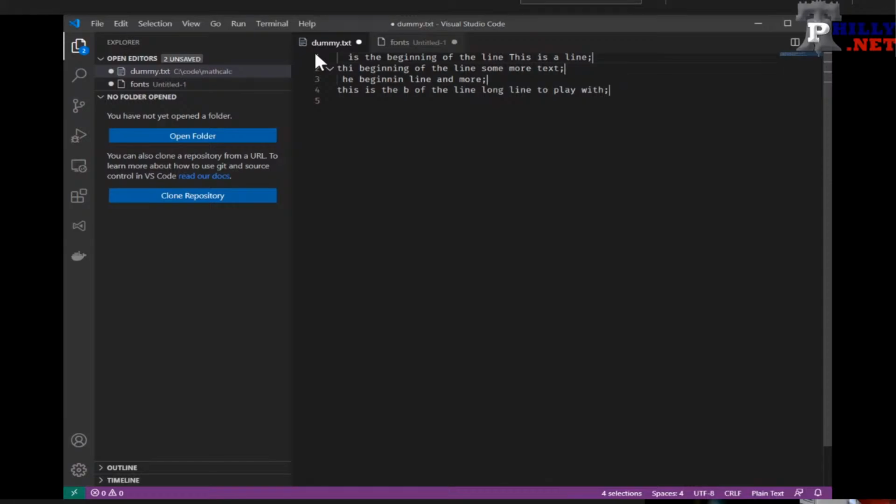So there you go. That I find very useful. You have to select a selection first, then it's Alt-Shift-I, and it will do that. You can also